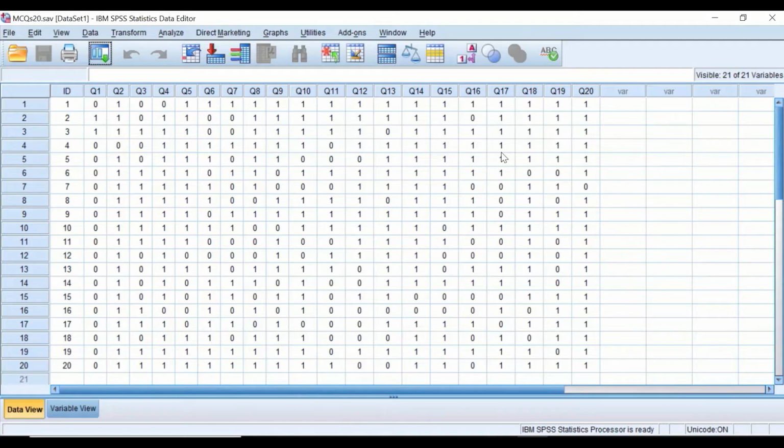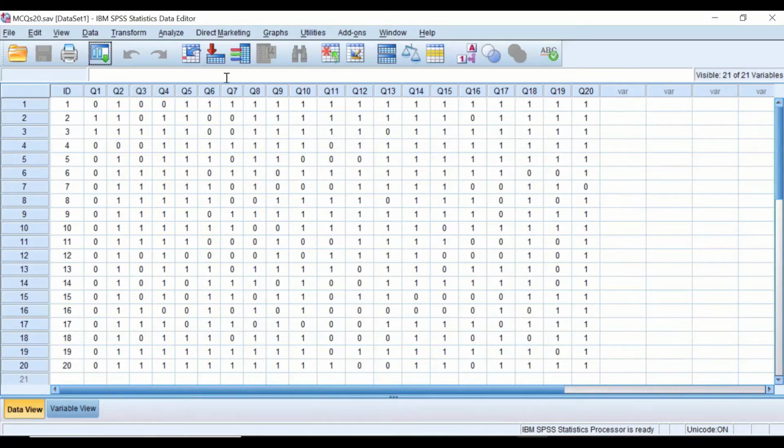The first step is to calculate the overall mark, or the total mark, achieved by each individual student, i.e. to add up all the correct answers recorded by each individual student and generate a new variable, call it total